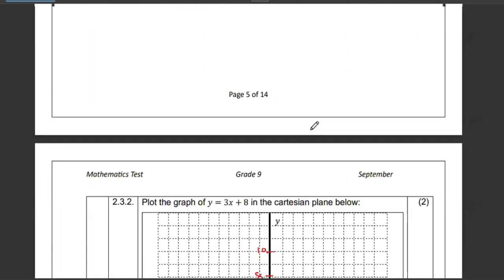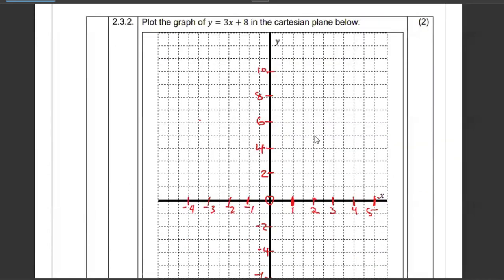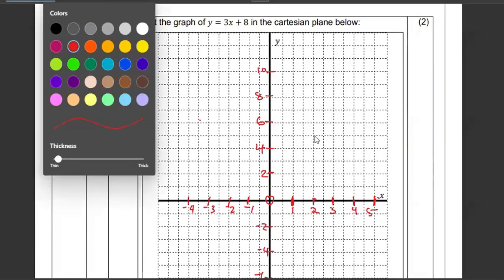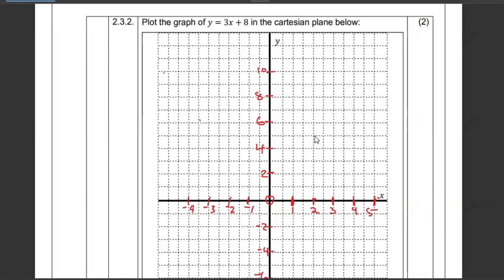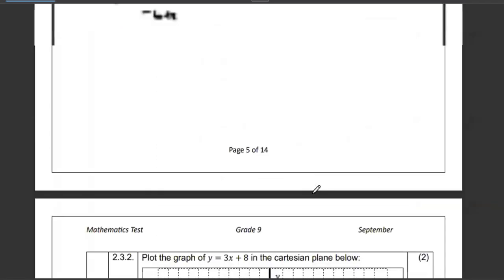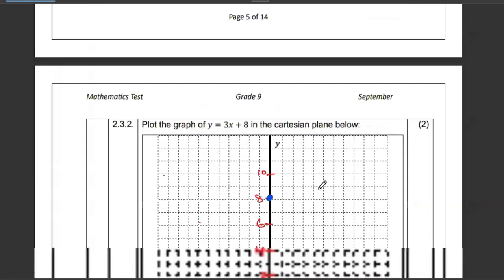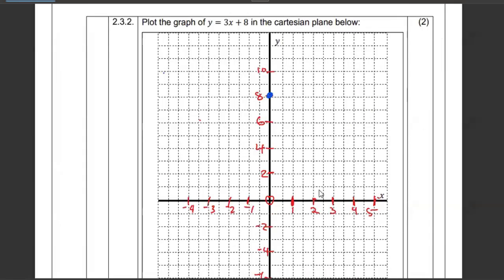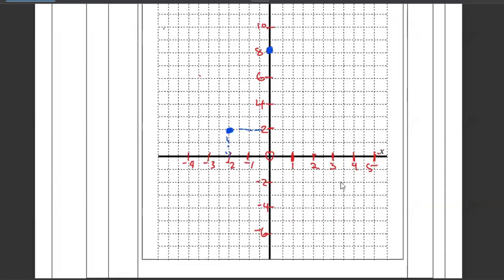So we said we're plotting 0 with 8. Okay, so 0 with 8 is going to be found here, the y-intercept. And then the other point we said is -2 with a +2. -2 is here, +2 is here. So where the -2 meets with the +2, that is the point of interest. So those are our points, and then all you have to do is get your ruler and then connect